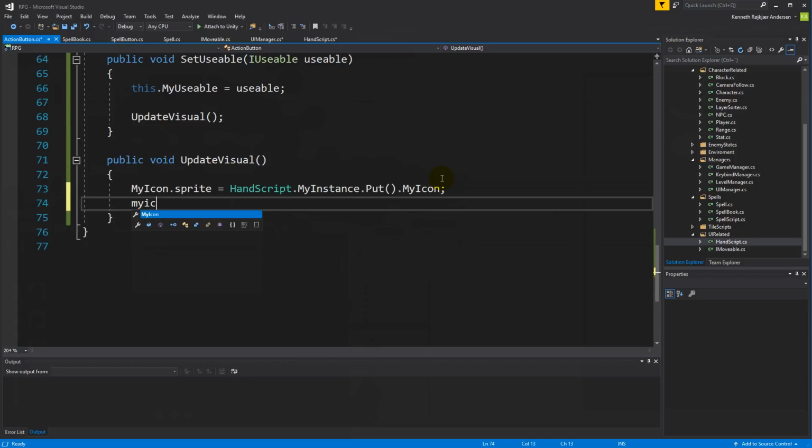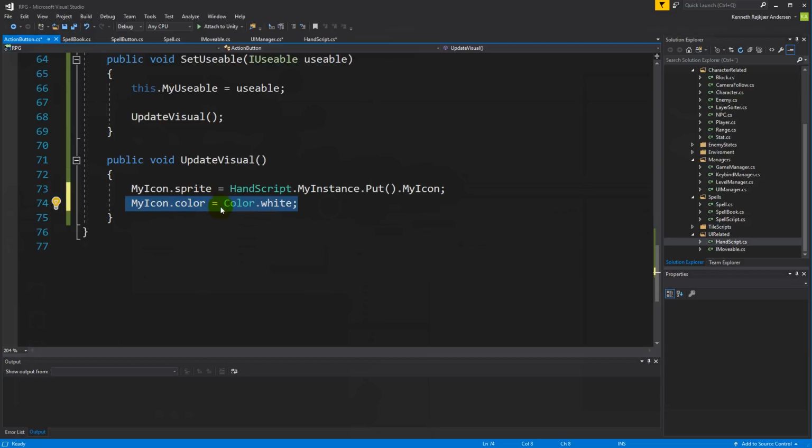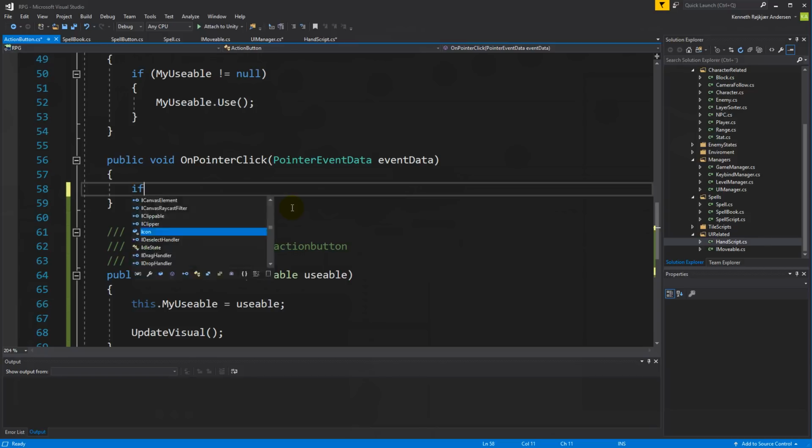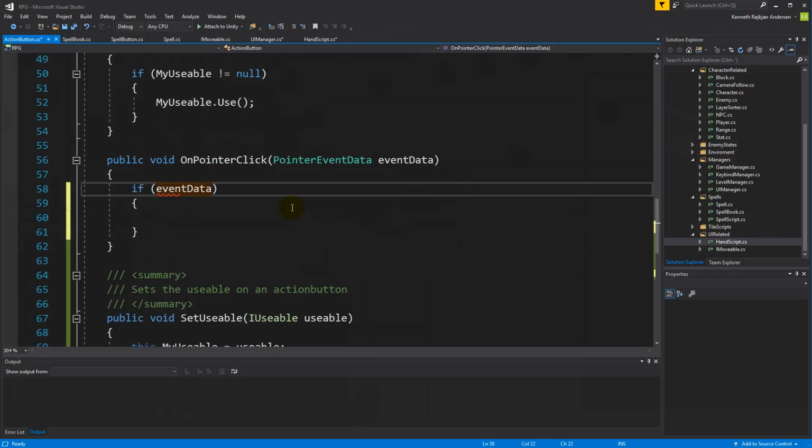going to say my icon.color equals color.white. So the icon on the actual action button needs to be white so we can see it. Then we need to jump to the on pointer click function. So if our event data.button is equal to pointer event data.input button.left,